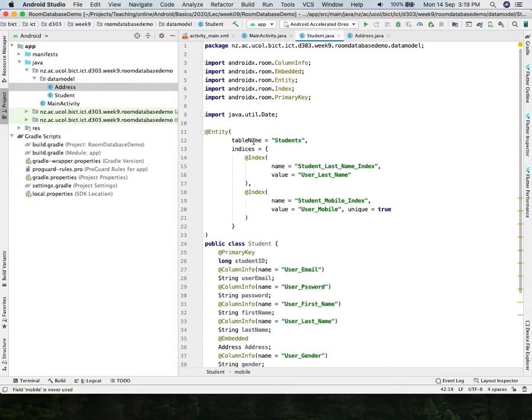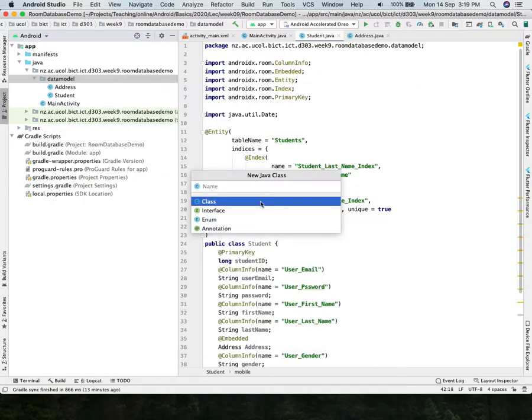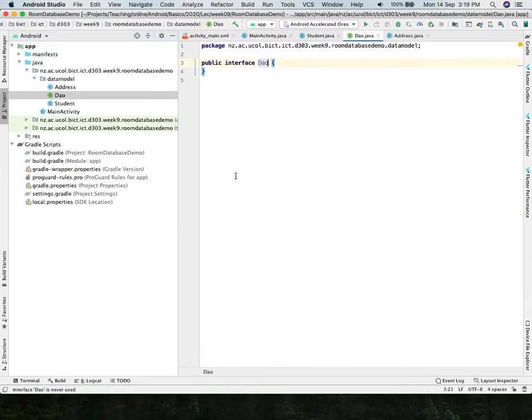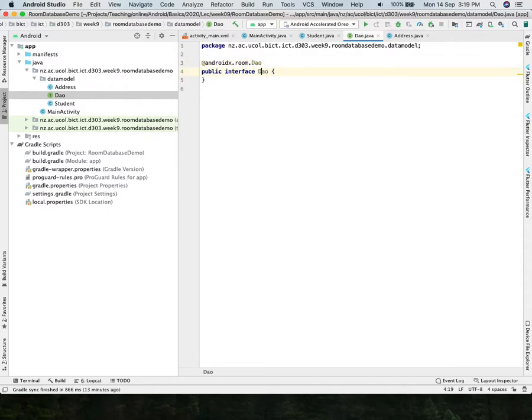Of course we can add more tables inside it, but right now we have this students table only, and then we are going to add the DAO. For the DAO, that should be a class rather than an interface. So we say it is our week 09 DAO, or maybe we can simply say DAO. So we have a DAO, and here we are going to